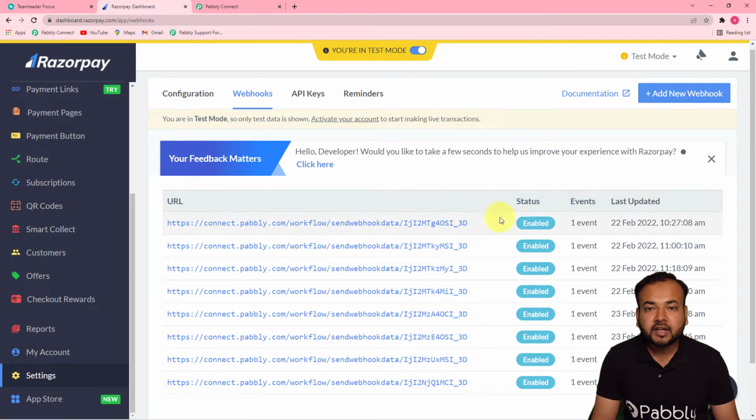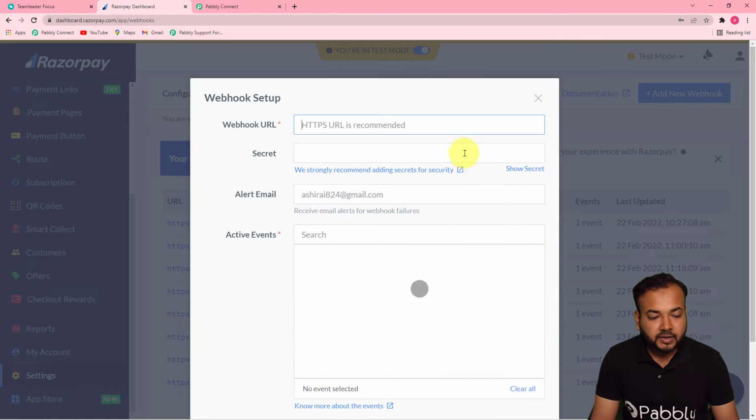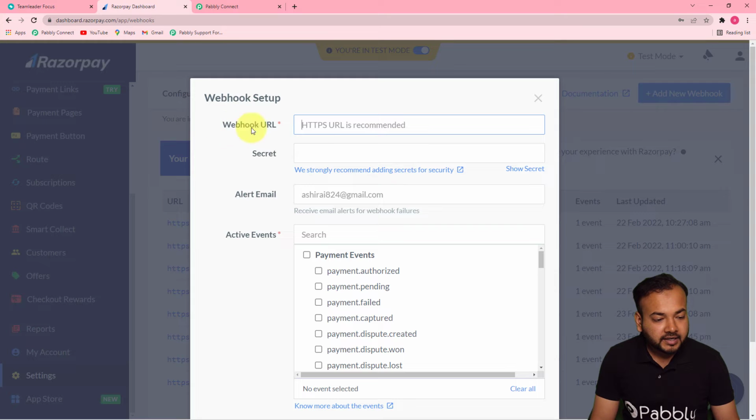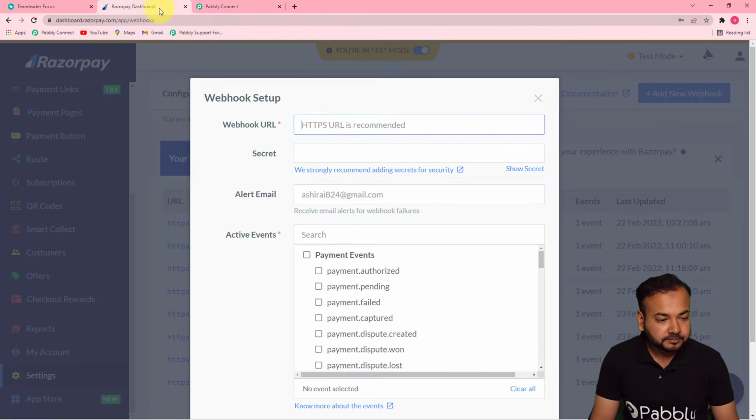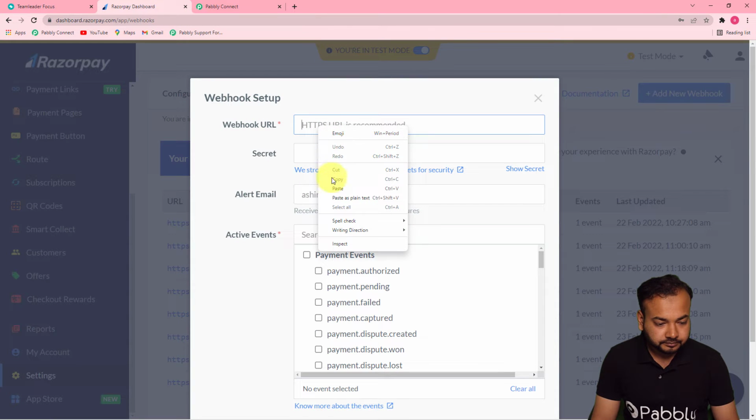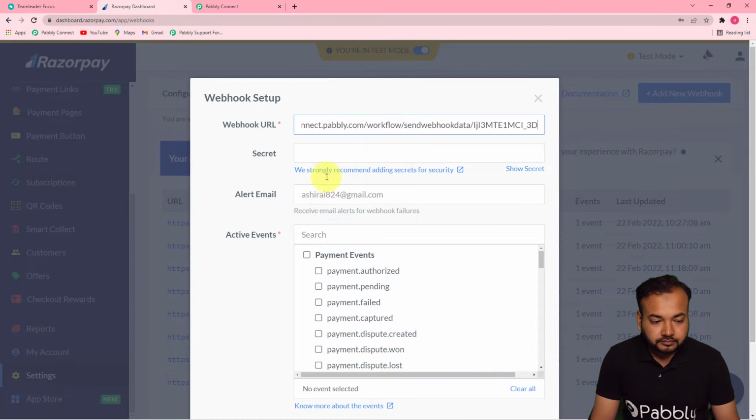Okay, and here you can add a new webhook. So just click here on this add new webhook button to add a new webhook, and here in this webhook URL field, you have to paste the webhook URL that you have copied from here. Okay, so I have pasted the webhook URL, and now here in this active events, you have to select this event which is called